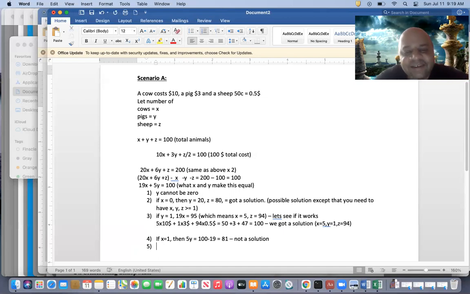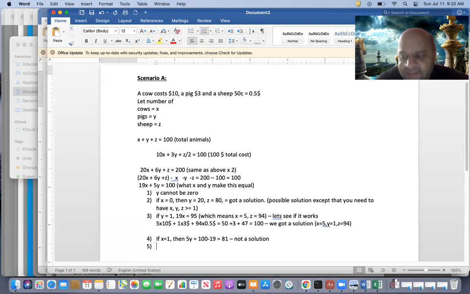You may learn, but sometimes it is okay even if you don't fully understand. Just the concept will stick. You got the logic, how I was going? Yes, sir. That's the logic you got. Other things they will teach you in school. But just by treating something as x, y, z, and then putting equations x plus y plus z is equal to 100 and the cost of it, which is 10x plus 3y plus z by 2 is equal to 100, and then eliminating. Depending on which grade you are, sometimes you may not be exposed yet to the x, y, z variables. Those are called variables.